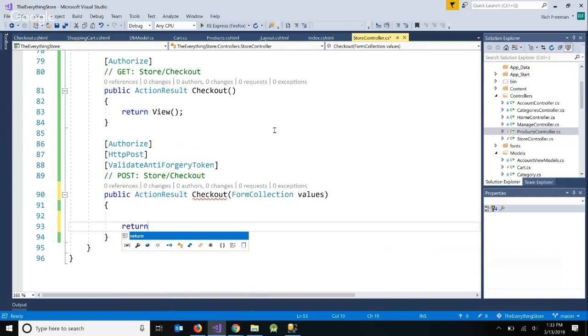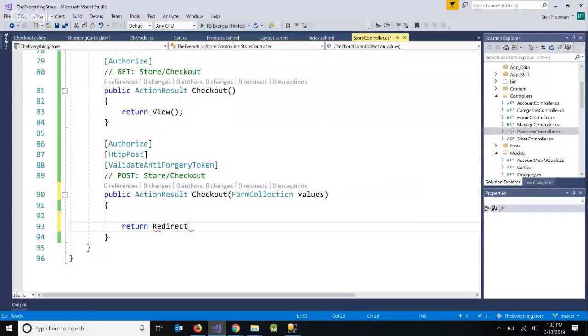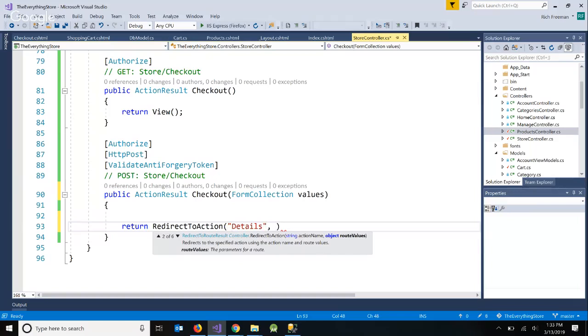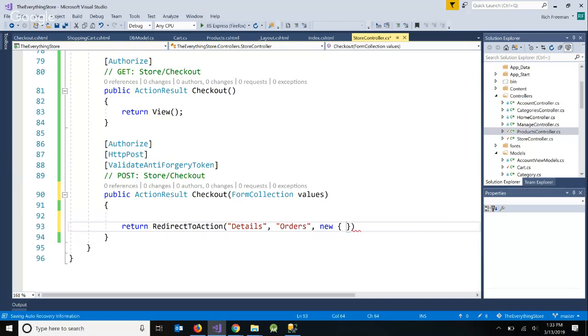So we will return the redirect to action, and we'll redirect it to the details method in the orders controller, which we will scaffold. So this page can be automatically generated. And then we'll just need to pass in